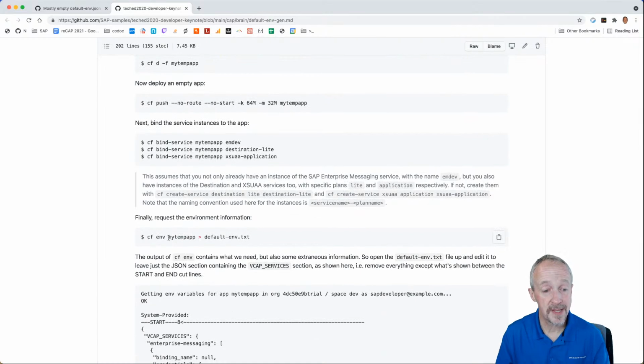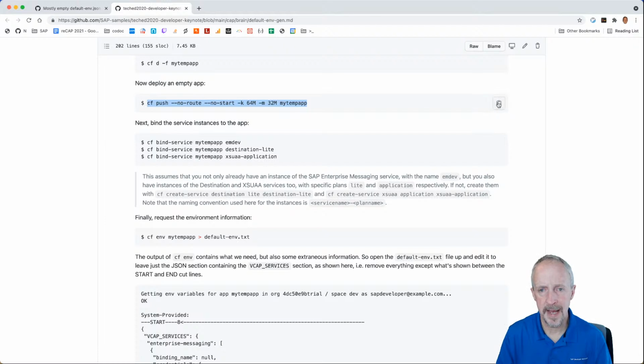And then we'll have a look at the environment of the app, and let's just put it in there, okay? So why don't we do that now? Let's just grab this thing here, CF push. What I want to do, I don't want to try too many things at once right now, but I noticed that